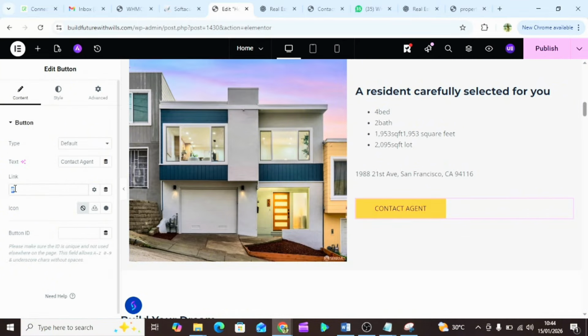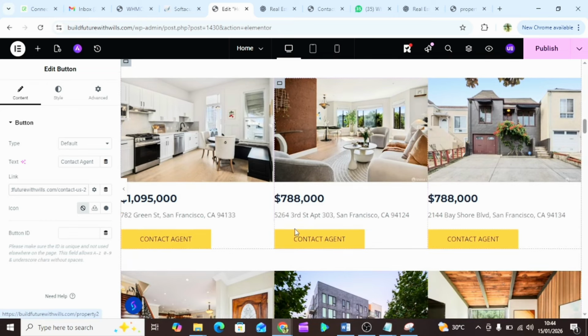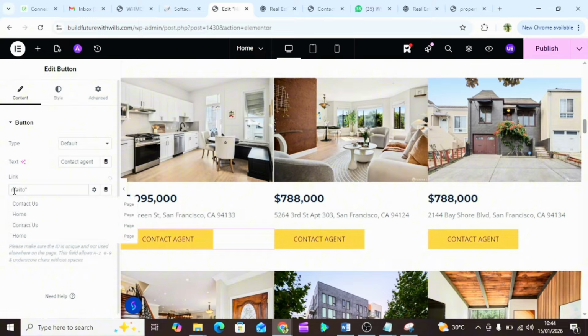So under contact agent, I'll add a link here, a mailto link. Okay, this is contact us. It can also take us to the contact us page. So under this contact agent, I'll add a mailto link. What a mailto link does is it opens an email app on your phone to directly send the agent's email. So you just click on mailto: